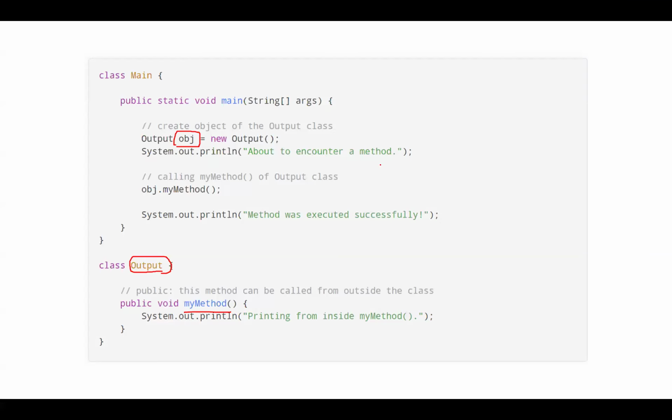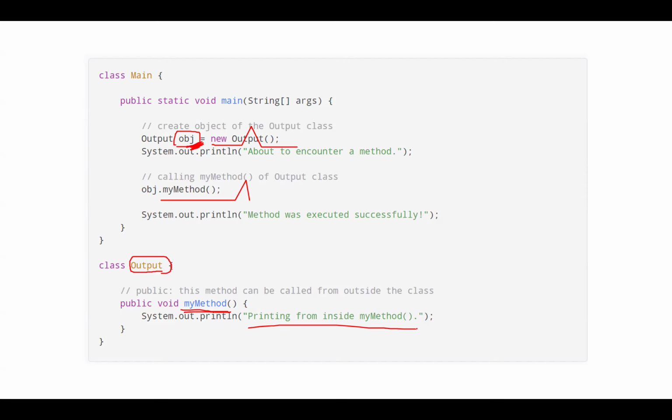So here in this example, since you have created another class, which is output class, I have created an object called obj. Then I have used new output, which is allocating the memory for this output class. And then I'm calling a method, which in this case is my method, using that object, using obj dot my method. And it will then print from inside my method,